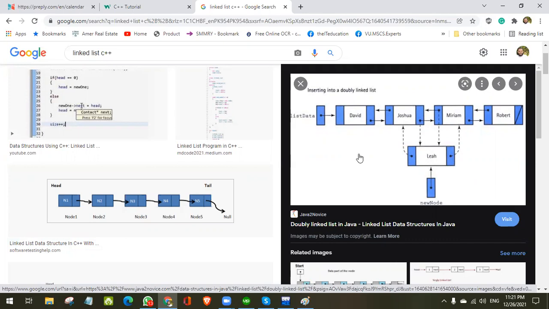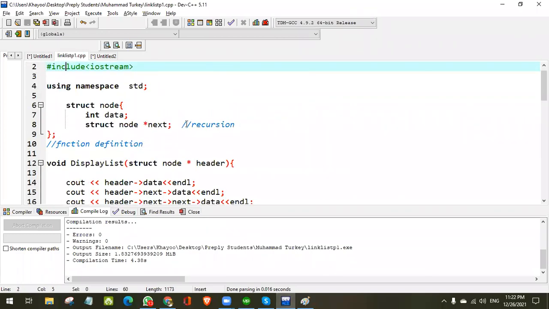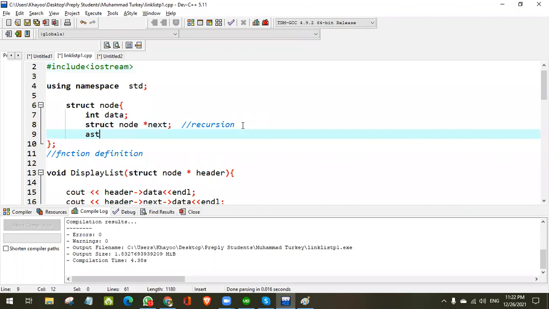Let's go to another structure. Now you can see here, the node is totally changed. Now the node is composed of three things: one is data, and the two pointers, previous and next. It will contain the address of the previous node as well as the address of the next node. Now, if we want to implement a double linked list, it means that we will have to change our node structure here. We will have to define another node here, and then we can implement that one.